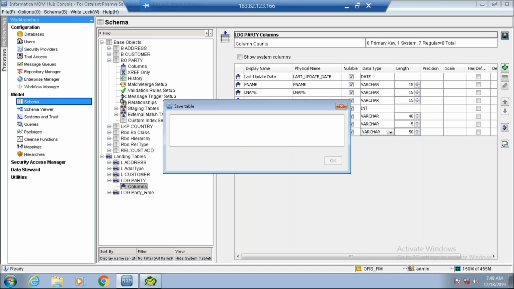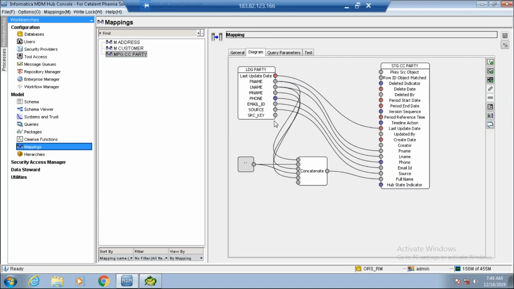I'm adding a column called source. So I'll add this key value to my table.